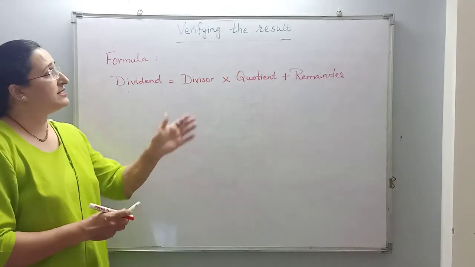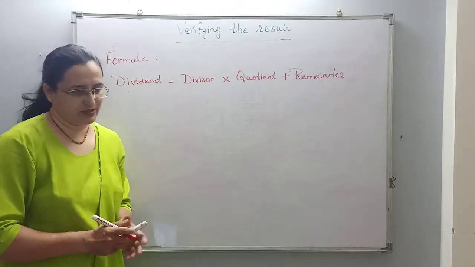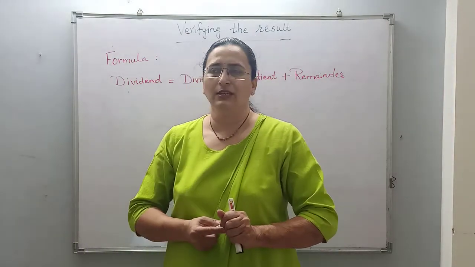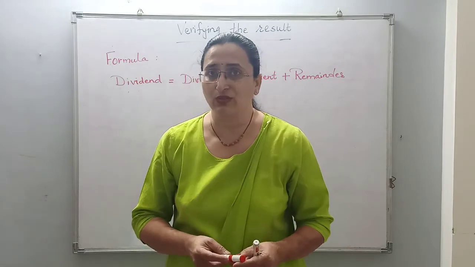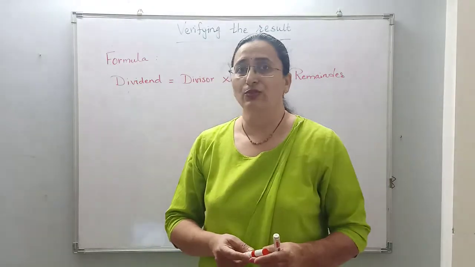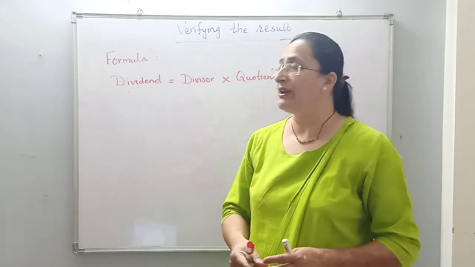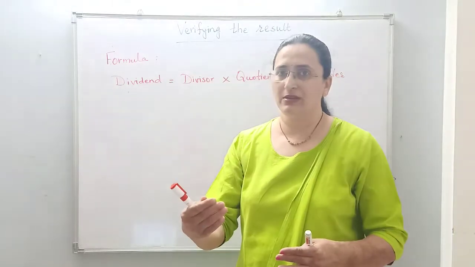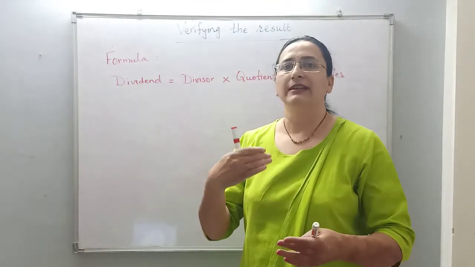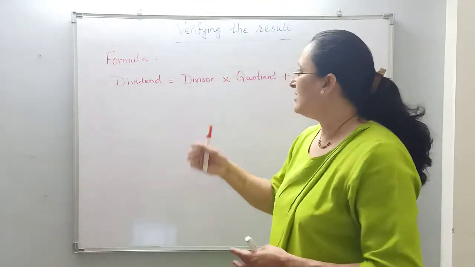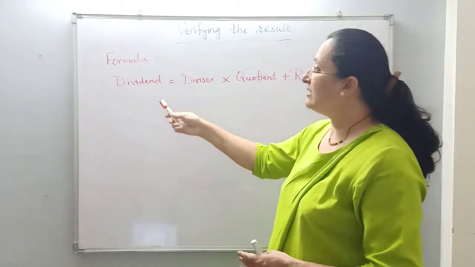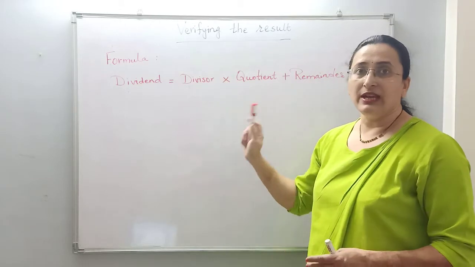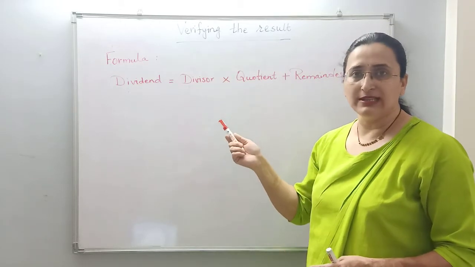Okay, now let us see how to verify the result of the division. Children, we have learnt verifying the result in an earlier chapter also, and that is subtraction. So when in subtraction we wanted to verify the result, we were doing addition of the second number, that is the subtrahend, and the difference to get the minuend. Now here we have to get the dividend as the answer of verification. Then we can say that our division sum was correct.